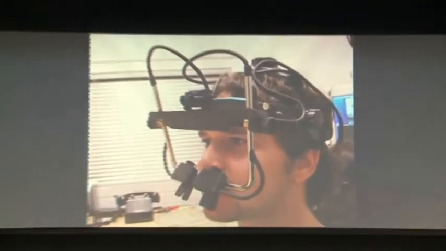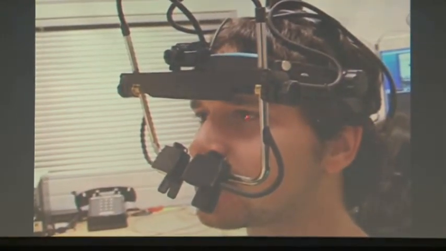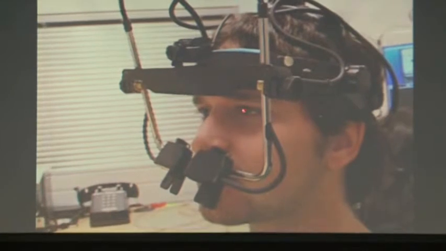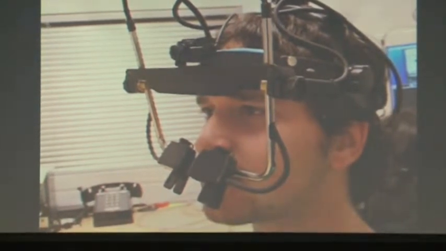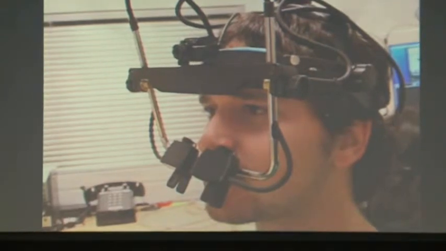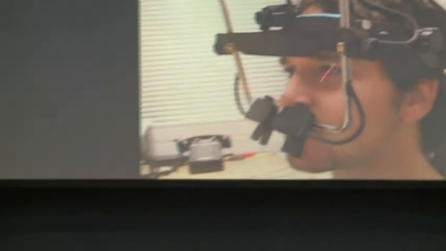You would have little video cameras here that basically measure the direction of gaze, where the person is looking. As I mentioned, nowadays you don't need to wear a head-mounted eye tracker, but the principle is the same. You look at often the corneal reflection of an infrared beam, and you figure out where the person is looking when they're looking at a face, for instance.